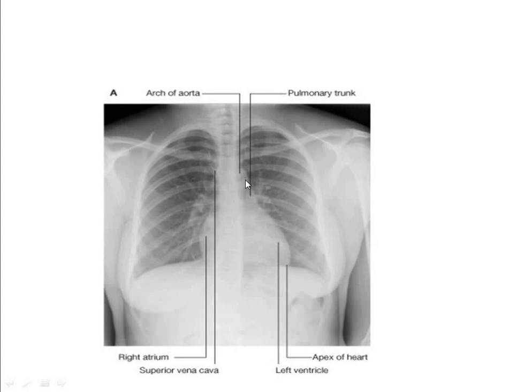So what you can notice in this X-ray is, this is going to be the left border of the heart. This is going to be the right border of the heart. This is going to be the inferior border of the heart, right? This is the apex. Apex of the heart on the left, fifth intercostal space, just medial to mid-clavicular line, or 9 centimeters from the